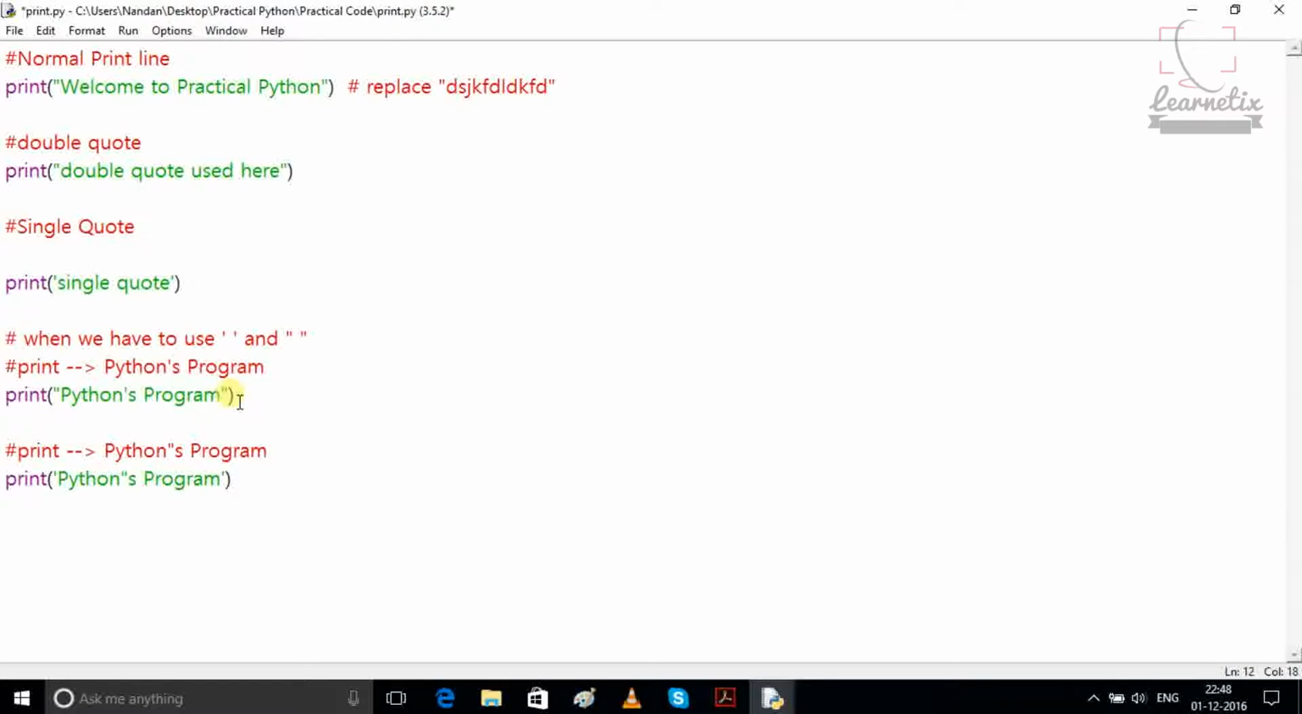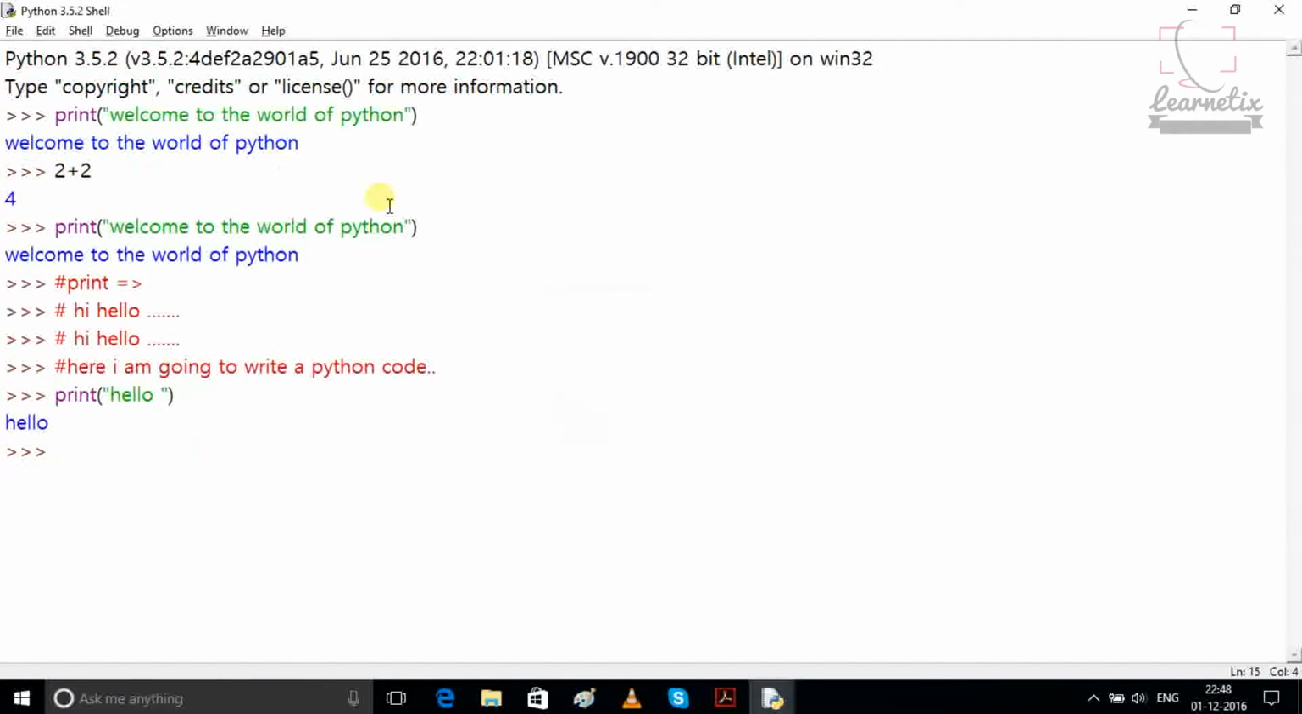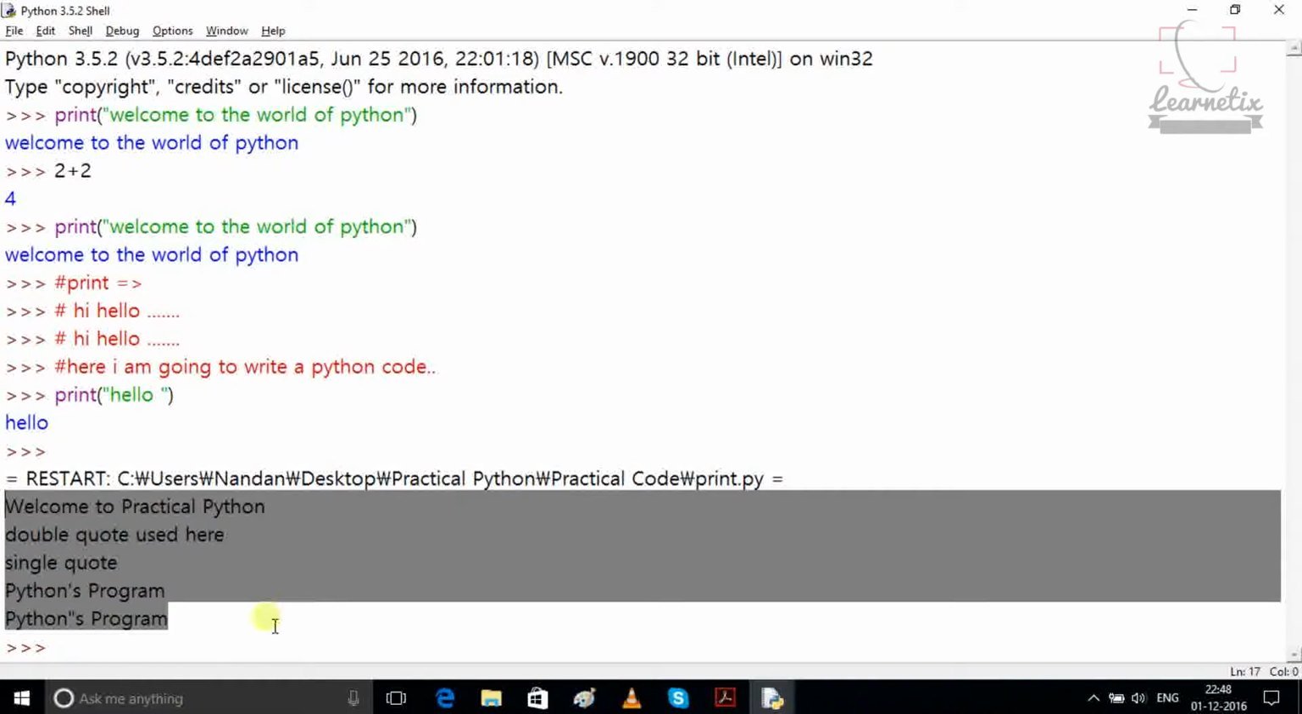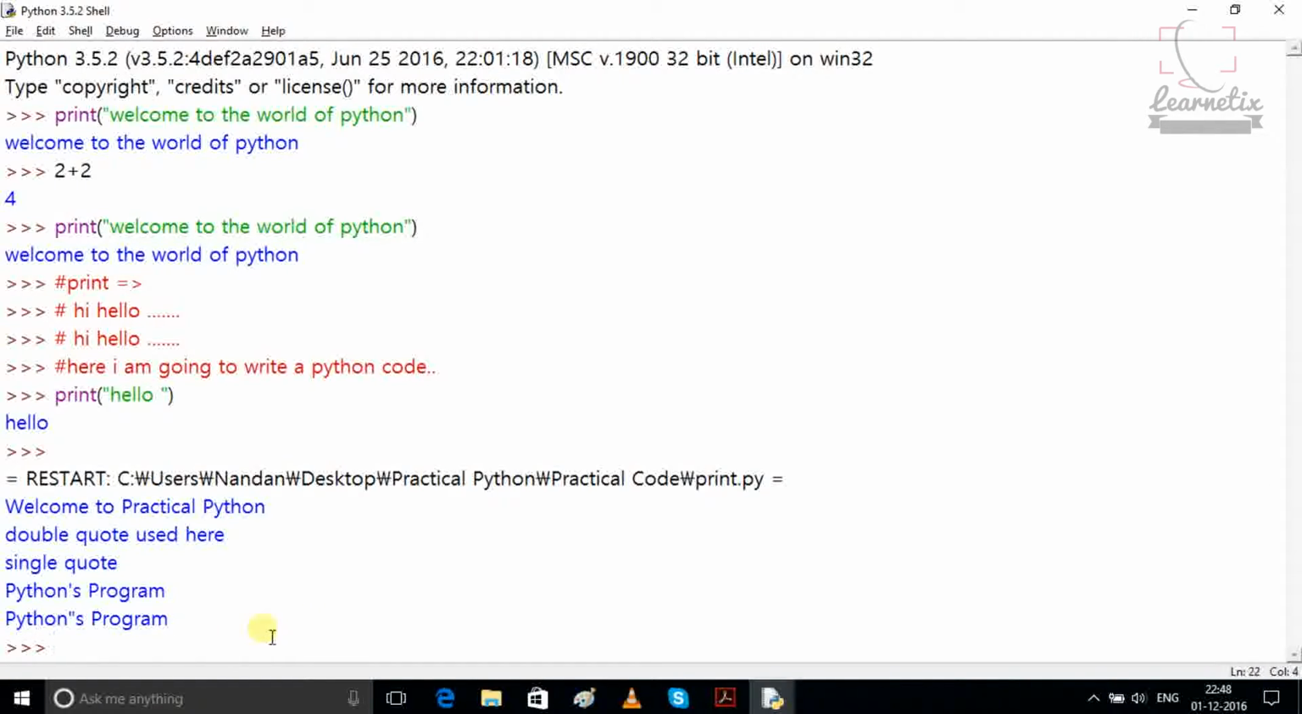I will show you that after, no problem. And if you want double quotes, you have to put all these things inside the double quotes. Okay, so how to run? Just click Run or click Run Module, otherwise just press F5, and here you are getting all the output. Fine. But before that, as I told you,